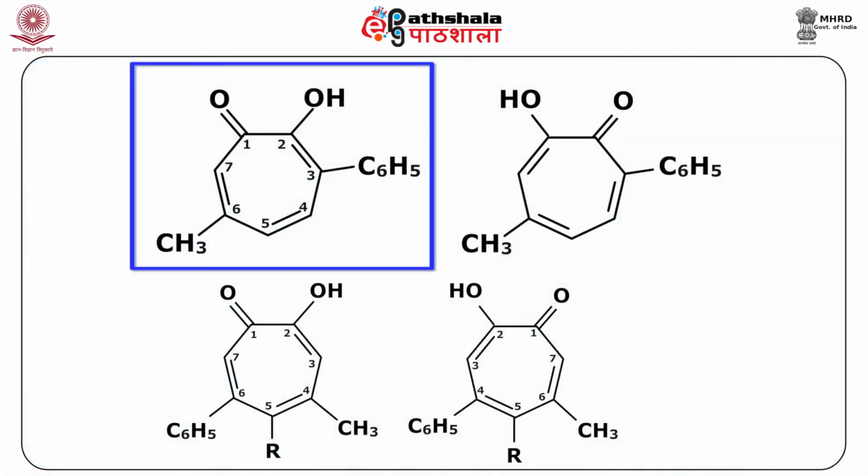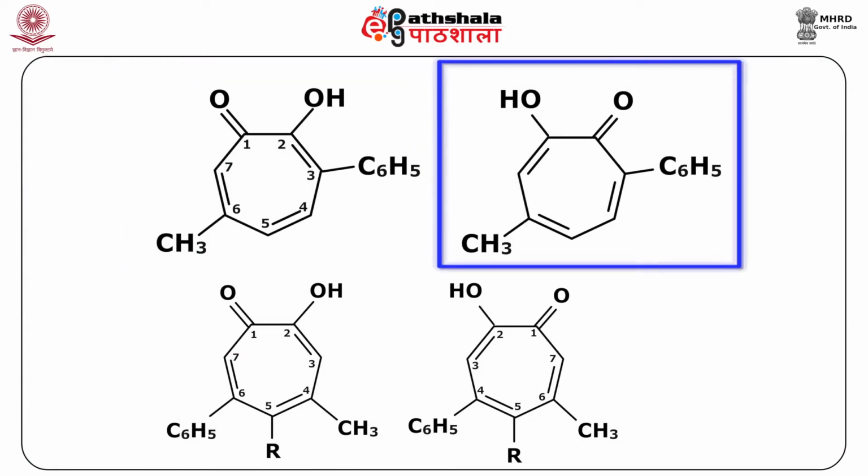That means whenever we have more substituents apart from the hydroxyl and the carbonyl group, the numbers should be given such that the total of those numbers is minimum. For example, the compound is named as 6-methyl-3-phenyl tropolone